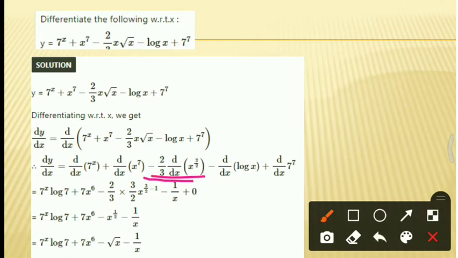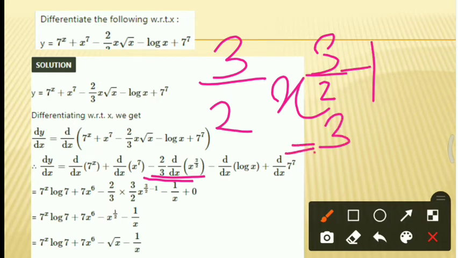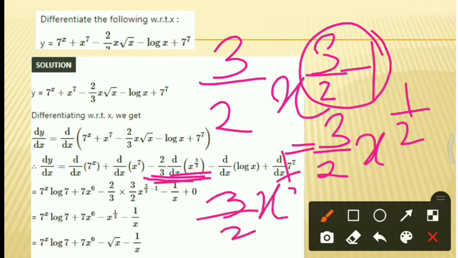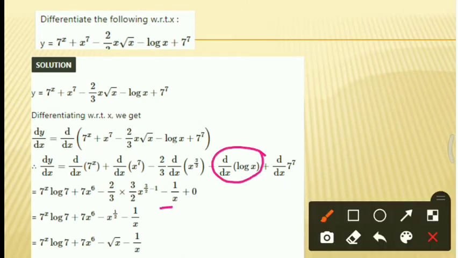Now the derivative of x raised to 3 by 2 is, by using the same previous formula, 3 by 2 into x raised to 3 by 2 minus 1, which is equal to 3 by 2 into x raised to 1 by 2. So the derivative of x raised to 3 by 2 is 3 by 2 into x raised to half. Minus the derivative of log x, which is clearly 1 by x, and